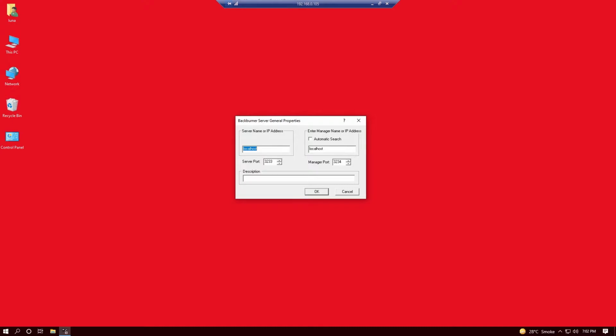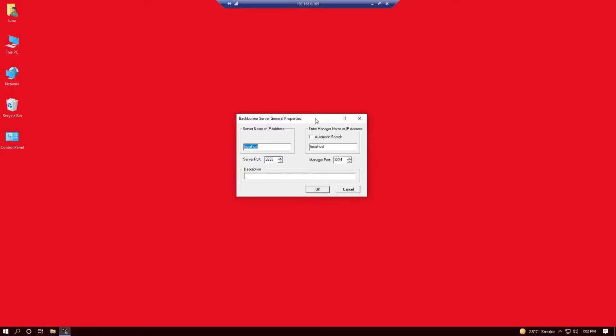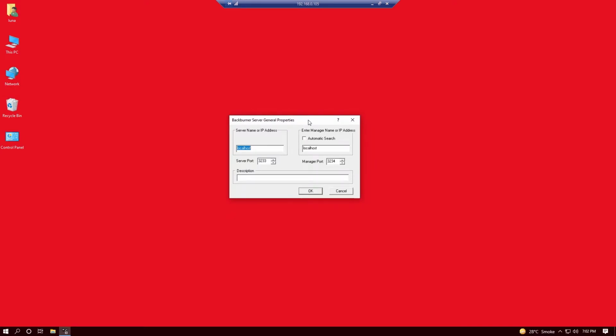I am going to use the IP address because I found out that if you use the IP address, it is far more efficient than using the name of the computer. So this is the name or the IP address of the local computer.